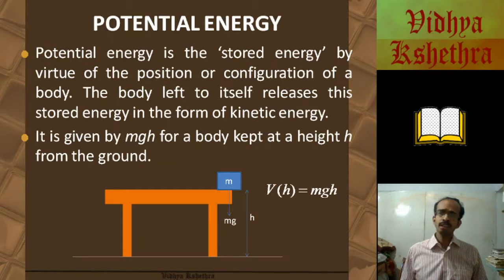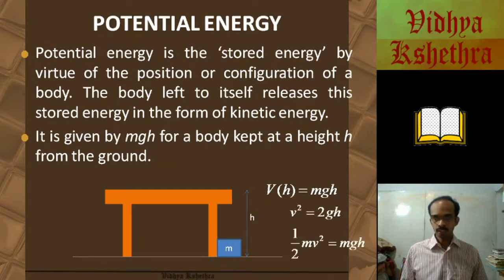So we can express potential energy as a function of height as V(h) = mgh. Here V is used to denote potential energy. Now, if this body is allowed to fall down this same height, then